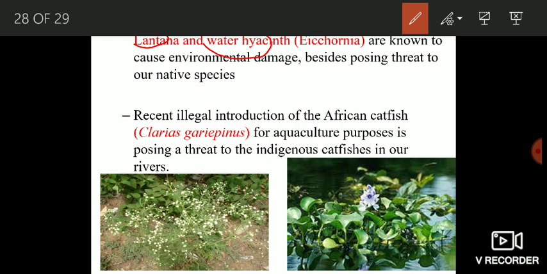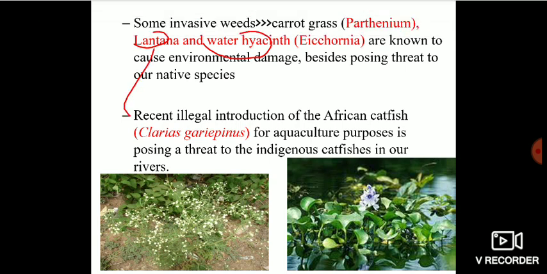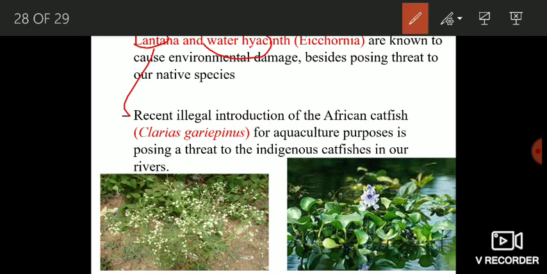For example, you have lantana and you have Parthenium. These two species have invaded the terrestrial habitats, and because of their strong competitive ability, they are driving our native species to extinction. The same is the case with water hyacinth, Eichhornia. This has been introduced into aquatic habitats, and besides damaging our aquatic habitats,